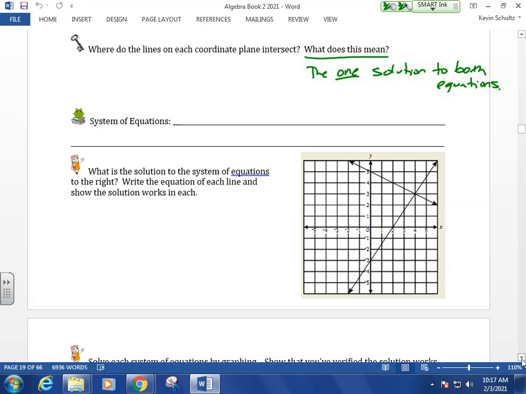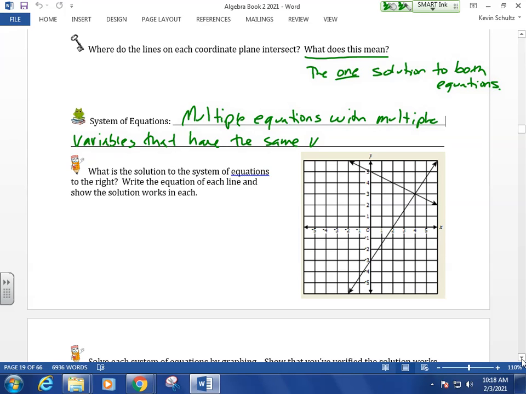So defining a system of equations. A system of equations, multiple equations with multiple variables that have the same value. Right? In a system, the x and y variables, and when you get to algebra 2, you'll have x, y, and z, so you have three variables to solve for with three equations, which brings us to the introduction of